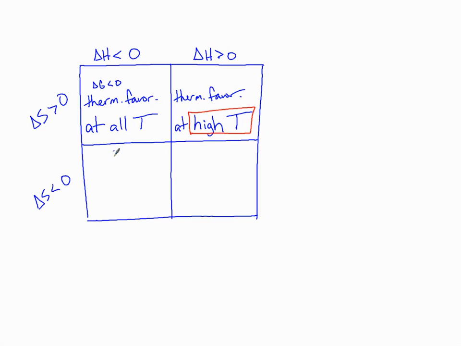Let's look at the bottom left box. When delta H is less than 0, so we're releasing heat, that's good. But delta S is less than 0. It's kind of a lot. Releasing heat, but becoming more orderly. It works sometimes. Specifically,